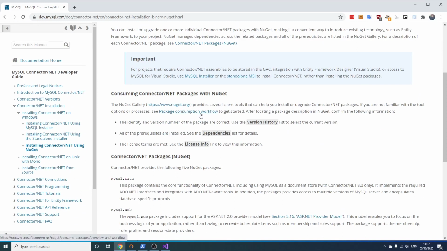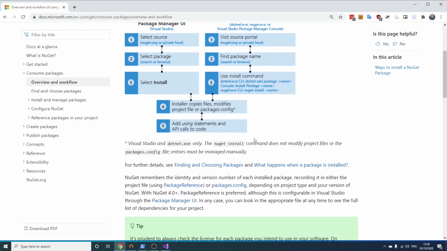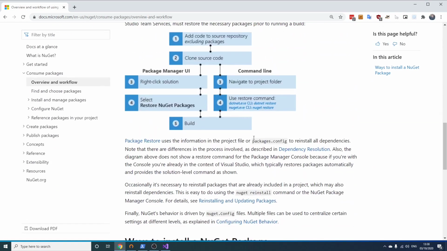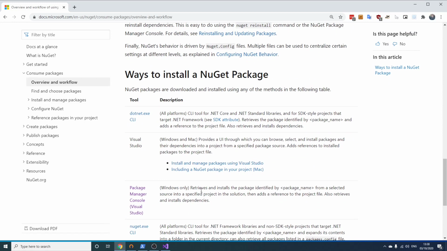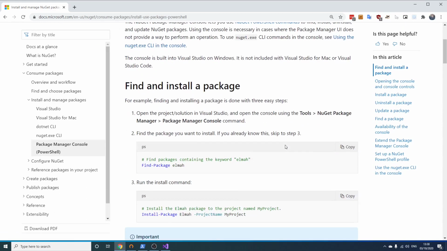It turns out that you need to work out how to consume packages. It still doesn't tell you how to do it, because there's various options even then, either the package manager GUI or the command line, blah blah blah. And the way I choose to do it is from the package manager within Visual Studio itself. Okay, finally we find that you can bring up the package manager from Tools, NuGet Package Manager, Package Manager Console,